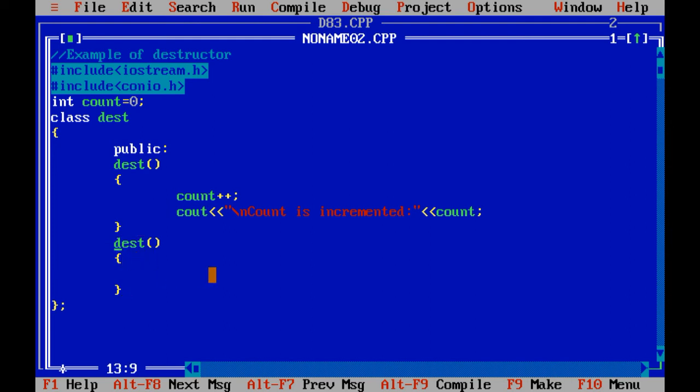But before that I need to use the sign of tilde. Tilde means what? See, you have the number 1 key on the keyboard, right? And beside that there is one key of tilde, right?